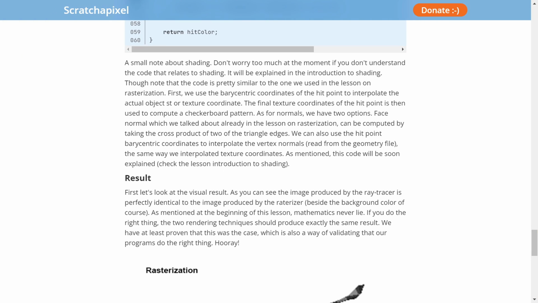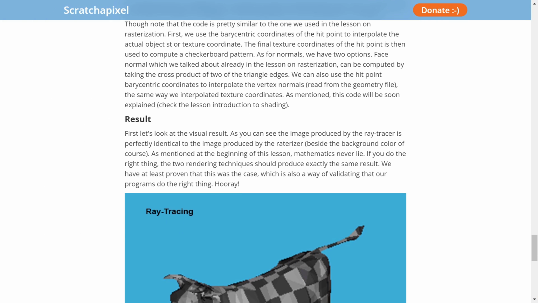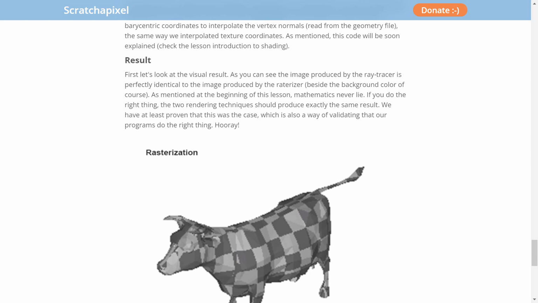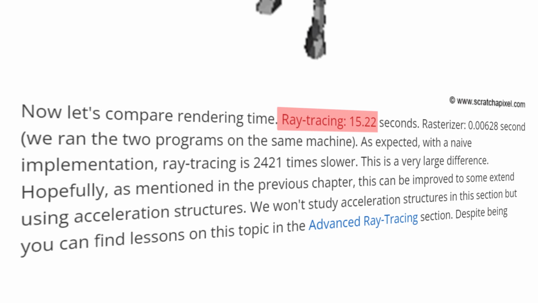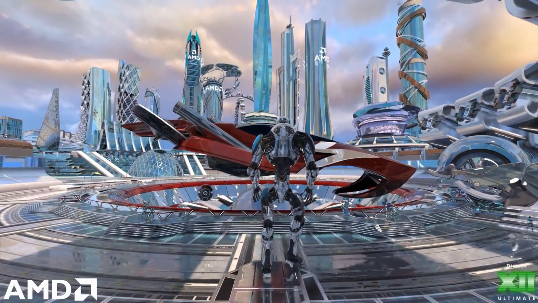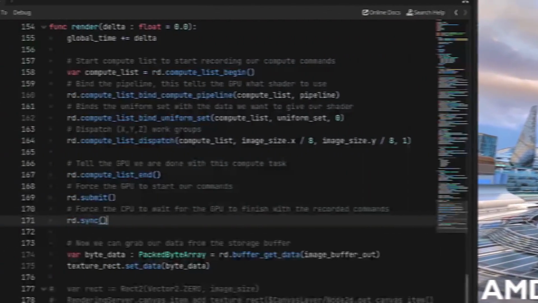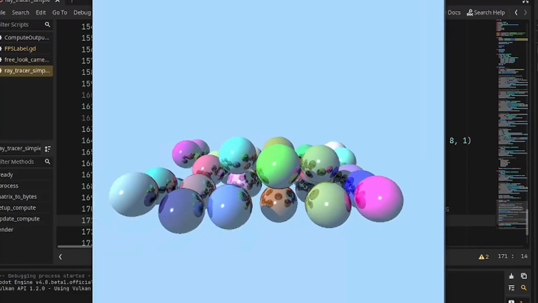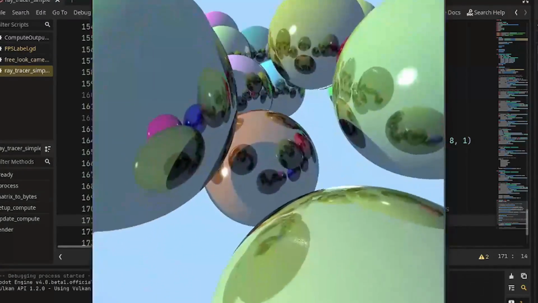Although a bit dated, in 2014, Scratchapixel made a simple, naive implementation of this in C++, and it took them 15 seconds to render one frame of a cow. There's a reason why AMD and Nvidia are manufacturing GPUs that are specialized in ray tracing. So I definitely wouldn't recommend doing this for an actual game unless Godot brings out its own native ray tracing